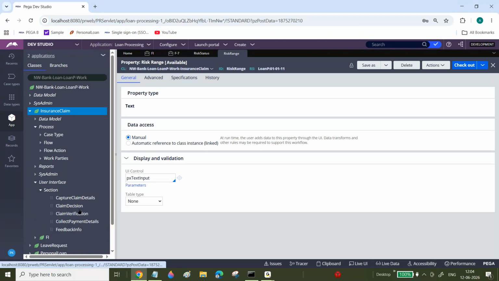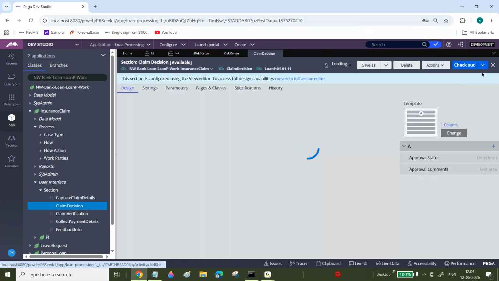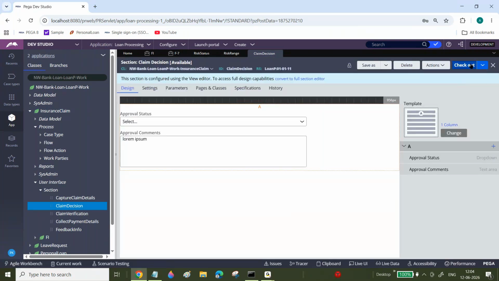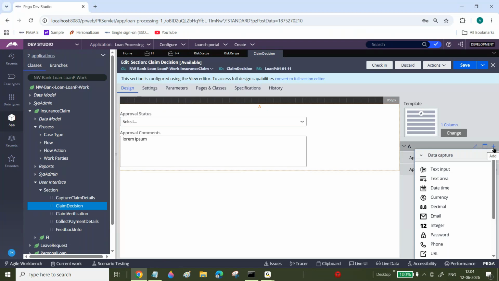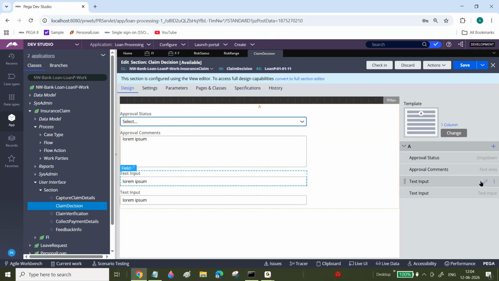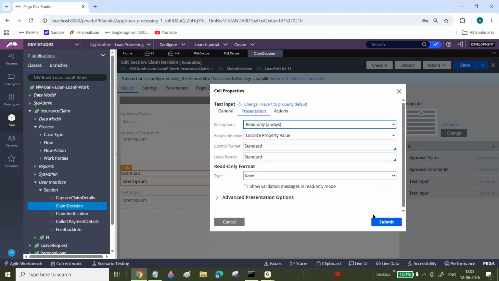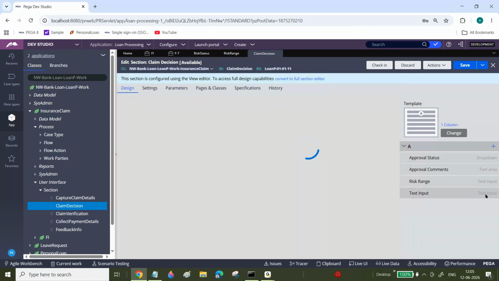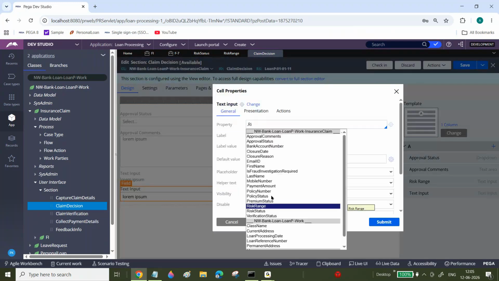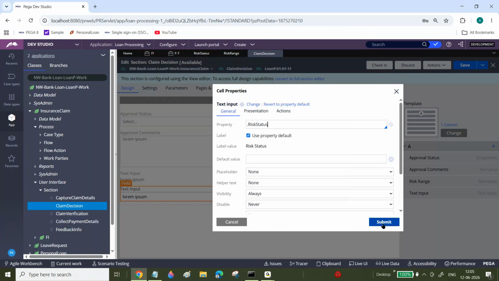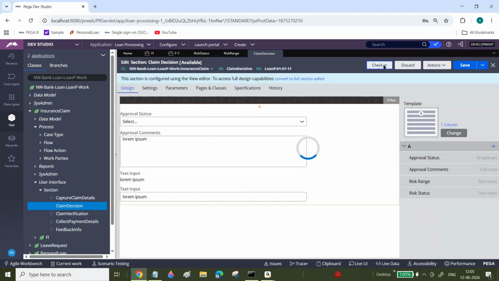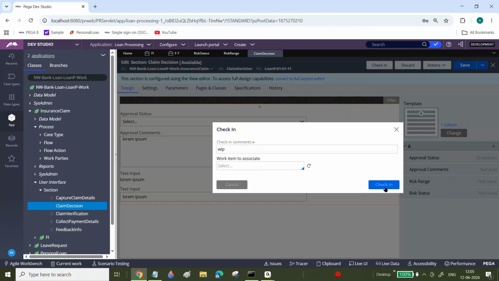Where is the approval? Claim decision, right? Here I will include. So now I will copy the data from, whatever property fields data you want to copy, you can copy. Risk range I want to copy. Risk status I want to copy. These two fields I want to copy. What I'm going to do is, when you are submitting,